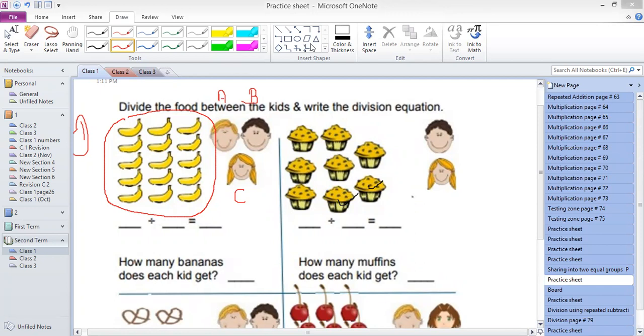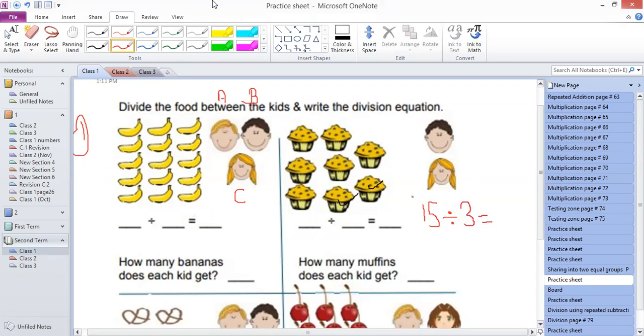Very good, very good. Now tell me, you have to divide 15 bananas equally into how many kids? Very good. You have to distribute 15 bananas equally into 3 kids. So I can say that there are 15 bananas and we have to distribute them into 3 kids. We have to share 15 bananas equally into 3 kids. Each will get how many?